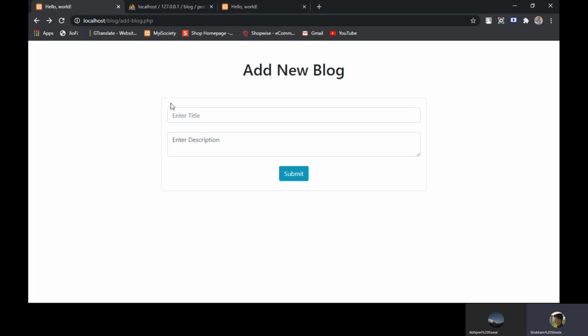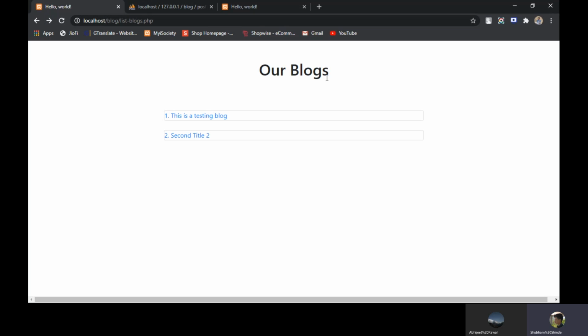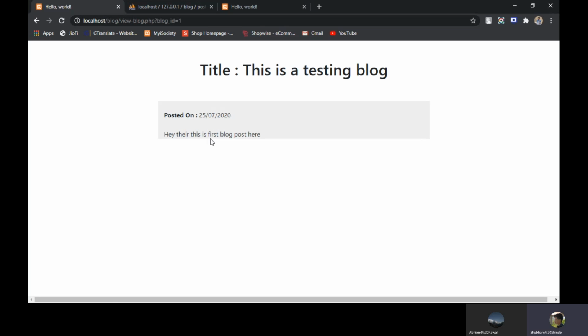Then in the read method, we fired a query which selects everything from that database, which is this page, and prints it in list format. We have inserted two blogs and they are here. After clicking this, it will show the particular blog data. So this is our basic blog system. Thank you.